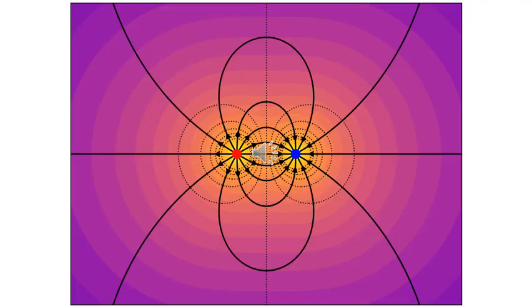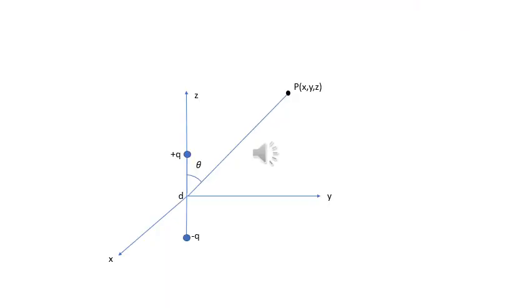This image has been taken from the internet. It is a Python program which has resulted in the colored lines, or rather the color at the background, representing the strength of the electric field. The red dot represents the positive charge, the blue dot represents the negative charge, and the black lines represent the electric lines of force. This is a diagrammatic representation of the dipole which we will consider to determine the electric field and potential at the point P.